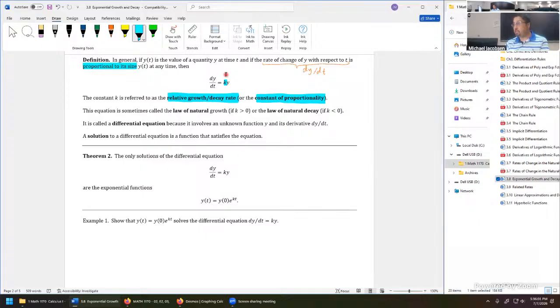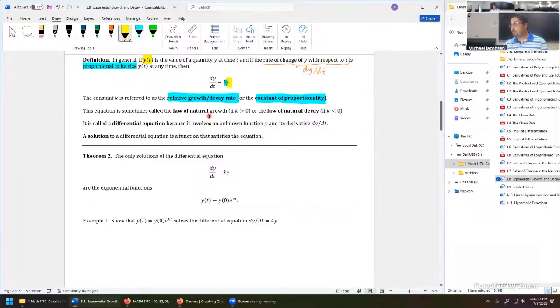So it's a differential equation in the sense that there's a derivative on the left-hand side, dy dt. That means to solve this, we need to come up with a function. The solution is not a number like a typical algebraic equation. The solution is some function for which, if you differentiate it, you get some constant times the original function in the very first place. So this is what we refer to as a differential equation, anything that has this kind of feature.